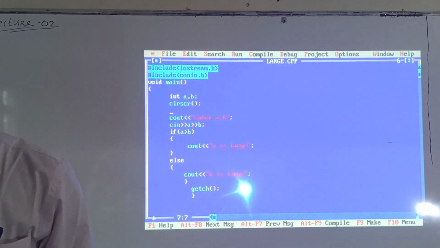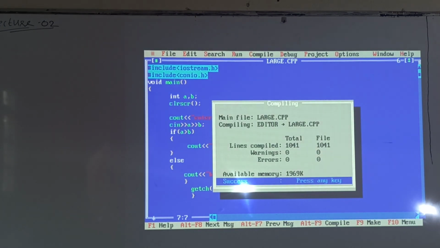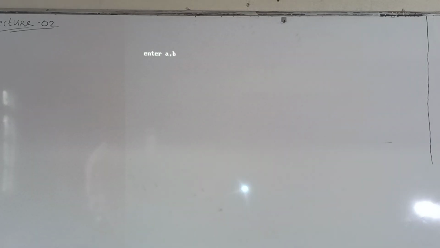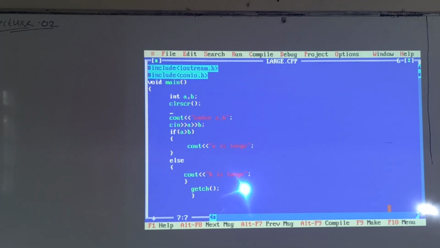Okay, next compile. Enter a, b, 50 and 30. A is large. Suppose if you want to print the value, cout a is large, here you have to mention the a value.